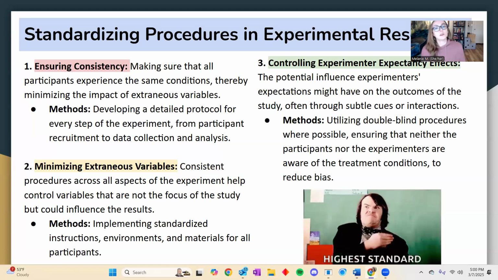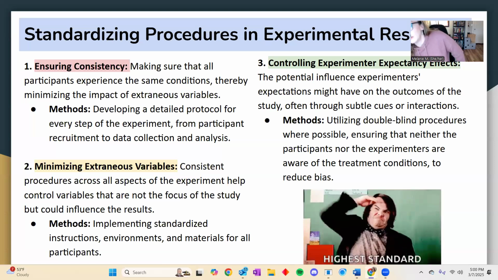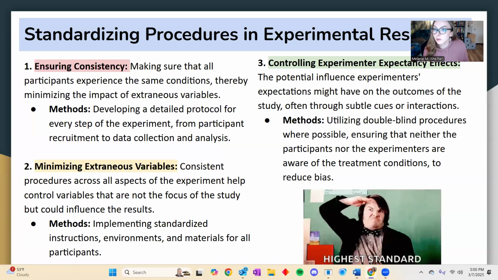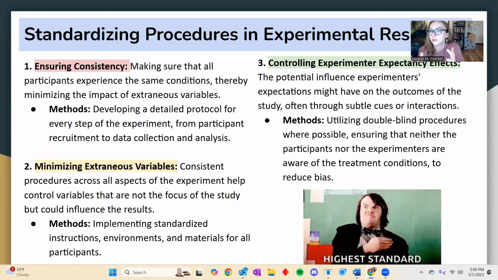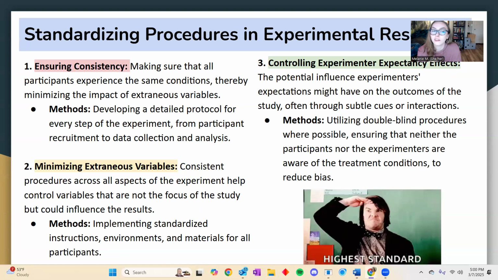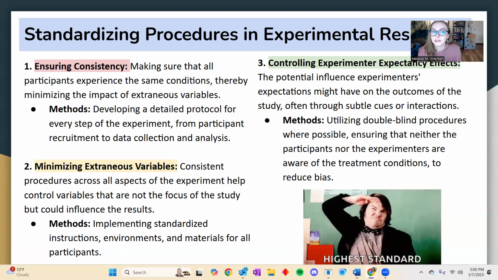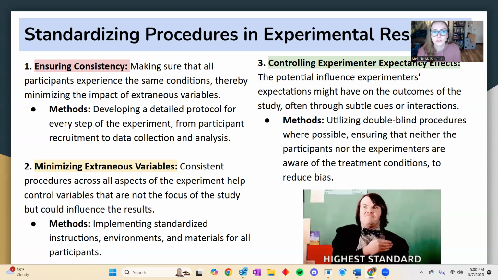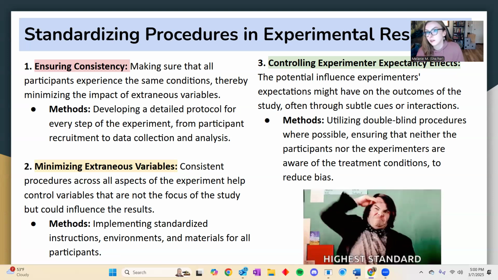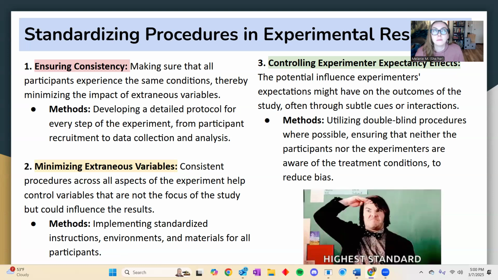Sorry, just kidding. Part of what we want to do to help make sure that everyone is getting the same treatment within those who are in the treatment group, or IV manipulated, is to make sure it's all done the exact same way. So consistent. We want to make sure participants are experiencing the same conditions and therefore minimizing the impact of extraneous variables. An example of something like this, if I'm using the depression medicine example again, is making sure that